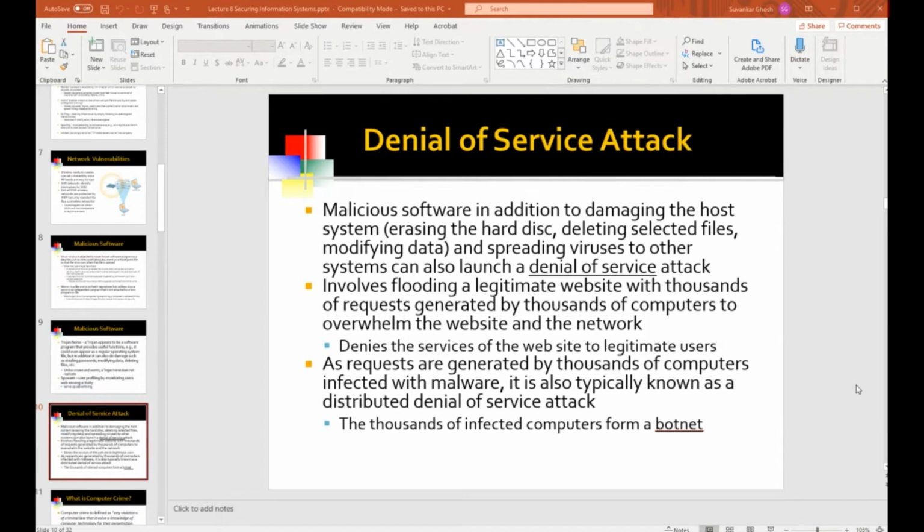These external agents are launching these bogus requests in a synchronized fashion from many originating PCs or servers. And these originating PCs or servers are called a botnet. So there are thousands of bogus requests coming in from the individual PCs and servers that form this botnet, and they're doing this in a synchronized fashion. By doing so, they're flooding the Charles Schwab web server and preventing any legitimate transactions from getting through.